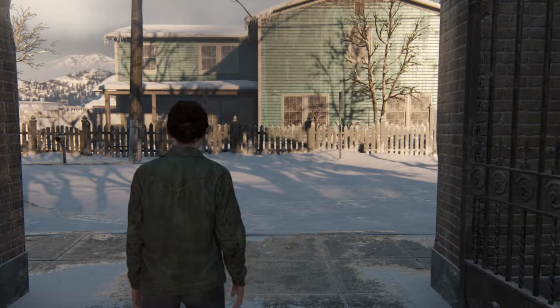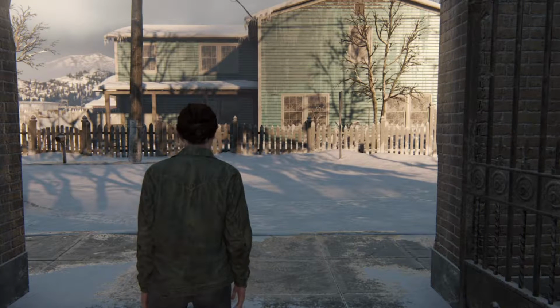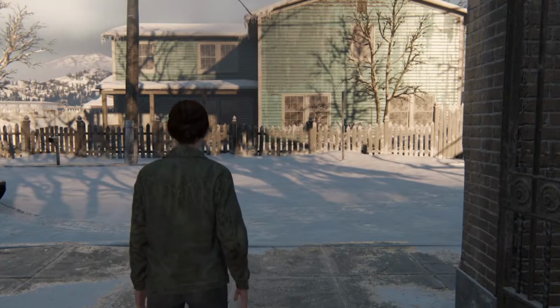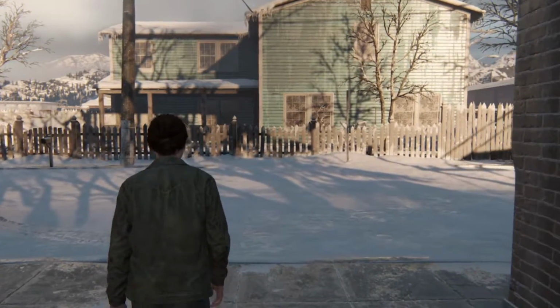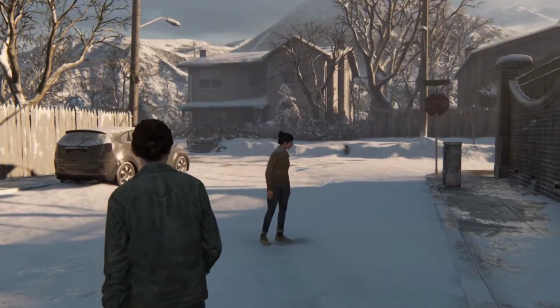Okay, so this is an Easter egg I found. It's an actual intersection or crossroad that actually exists in the city of Jackson. So I'm just leaving the cemetery now. If you come around here, I can't remember on Google Earth, because I'm going to put the video on after this of the actual